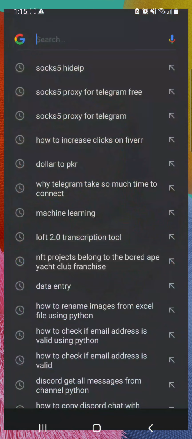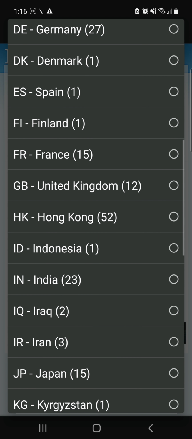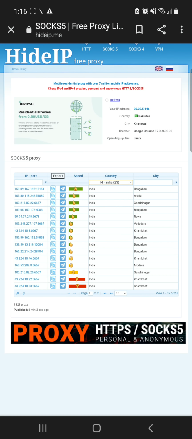Now it shows the list of IP ports. Now click on your country. If your country is not listed, you can choose a nearby country. It's also showing the speed of every IP port. We will select the first one with good speed and click on the